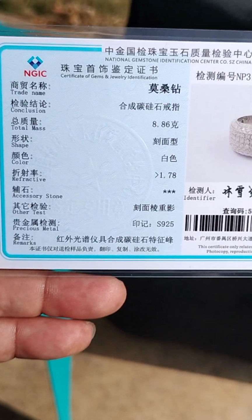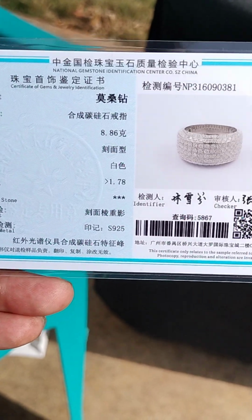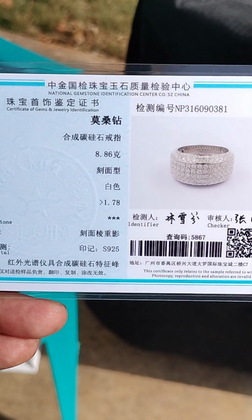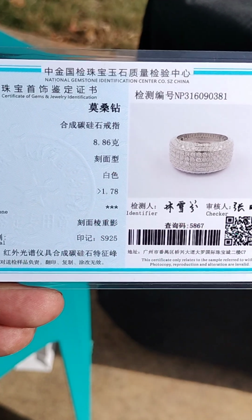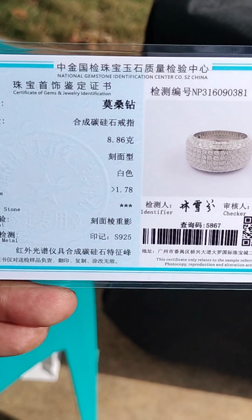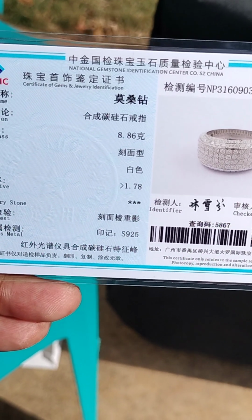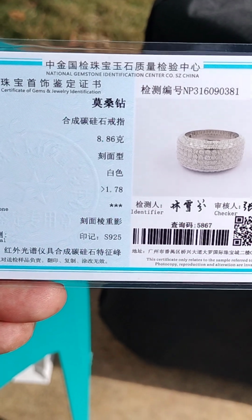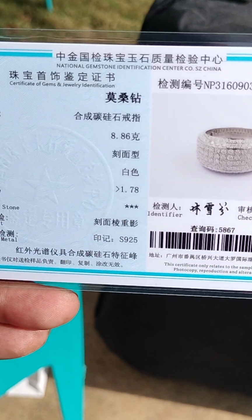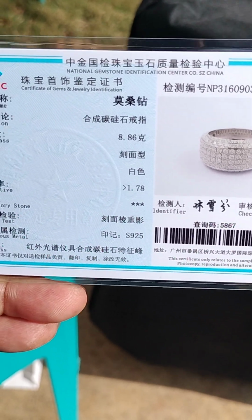Just making a little video so people understand certifications and stuff, right? A lot of the Moissanite comes with a GRA certificate, and those can be doctored up, fake. There's a lot of fakes going out there. A lot of companies say it was GRA Moissanite. Okay, some of them are authentic, but